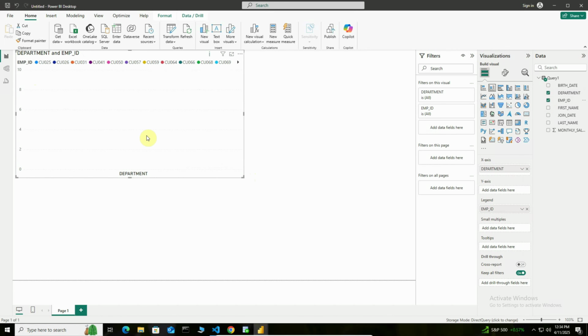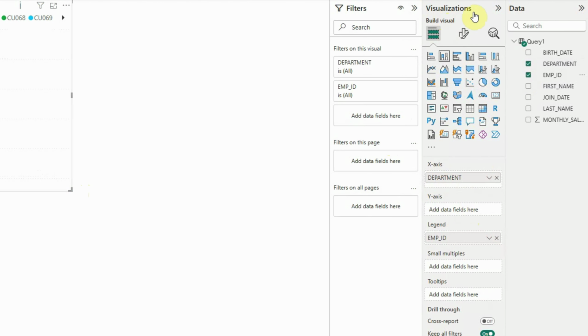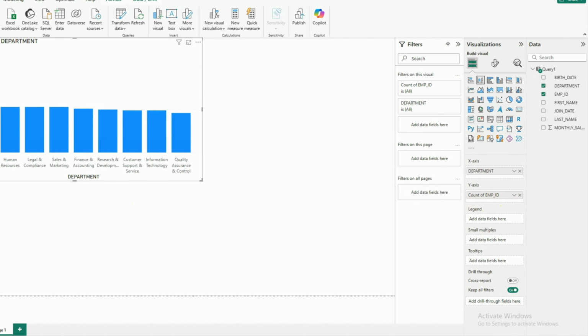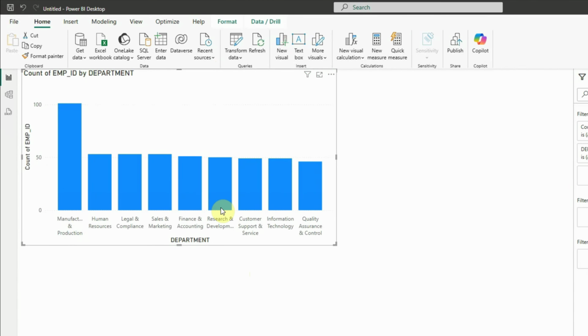So to make it more meaningful, what we are going to do, under these visualizations we have to make certain changes to this bar chart. So in the legend field we can see there's an employee ID mentioned, and what we want to do, instead of the legend we will just move it to our y-axis. So drag and drop the employee ID, and you see automatically it has changed to count of employee ID. So you see now we see a little more meaningful information here,